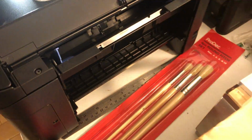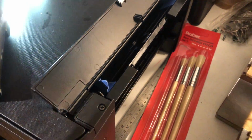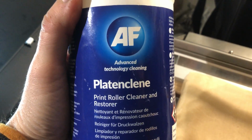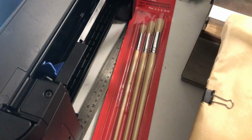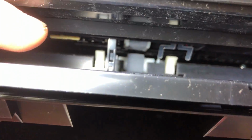So what we need to do is we need to clean the rollers. I have made previous videos about this, but I'm having the problem with this one. So I'm going to be using a product called AF Platin Clean. You can use some isopropyl alcohol, watered down, or some warm washing up liquid, but you want to be really careful. I'm going to use this stuff with a brush, because the reason why I'm going to do that is because down there,